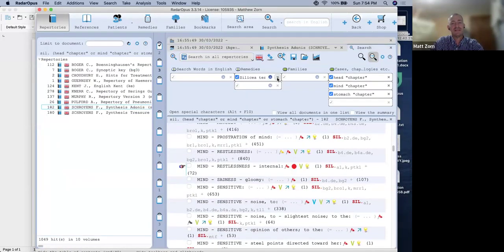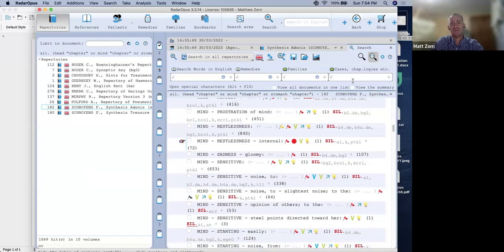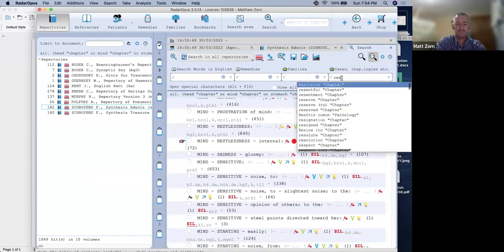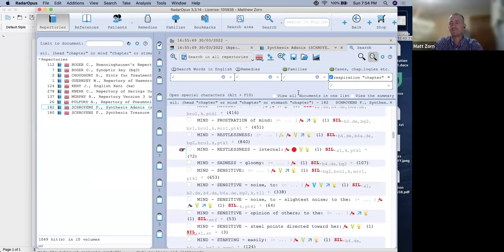So I'm going to press the X to get rid of silica. We don't need the head chapter. We don't need the mind chapter. We don't need the stomach chapter. What we need is respiration, all caps. I want to look in there. And we want to look in wind, right? Because when he's walking into the wind, the other place we want to look, I do this a lot,